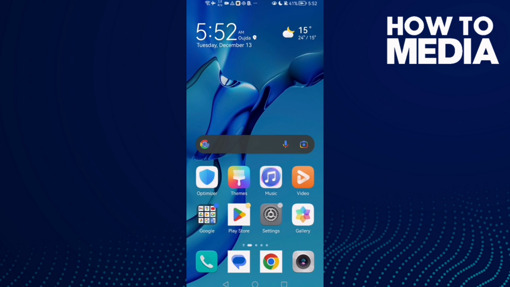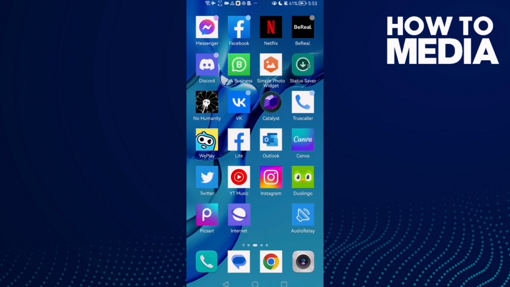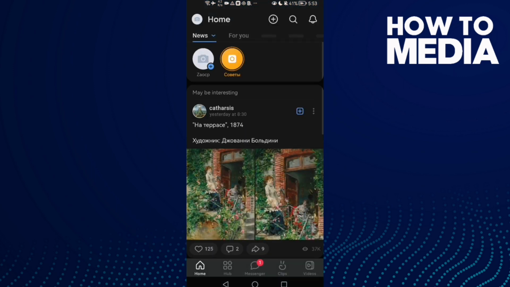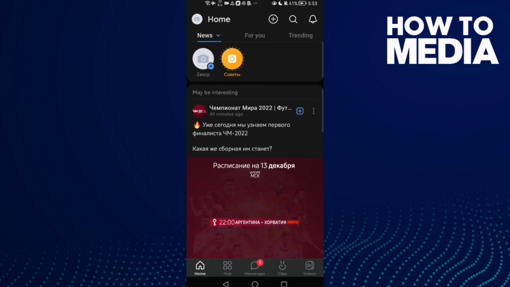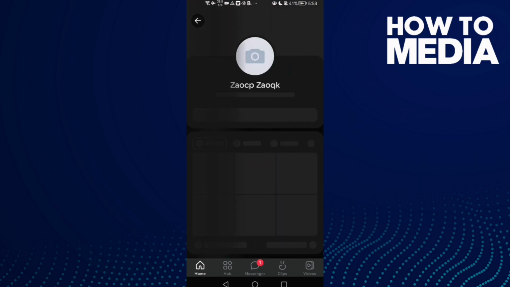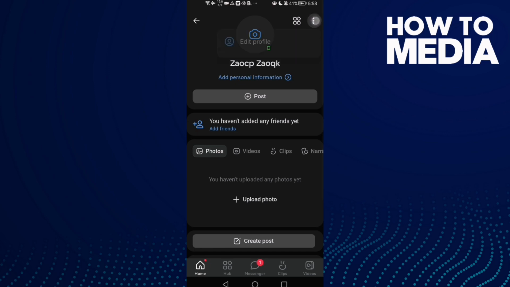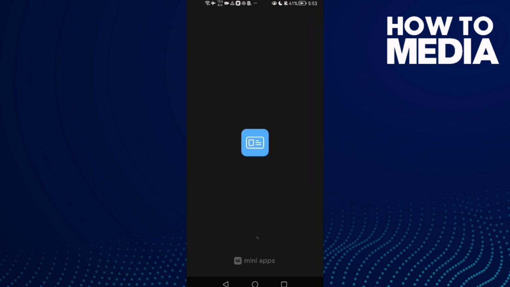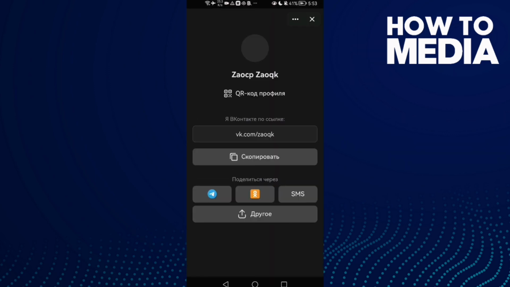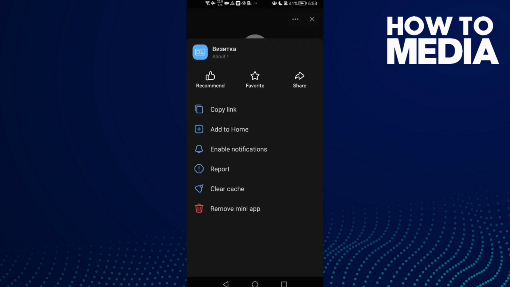How to find mini app settings on VK on an Android or iOS phone. First, open VK and click on your profile here, and now click these 3 points in the top corner, and then click share profile, and here we'll find these 3 points. Click on it and here it is. Here you can find mini app